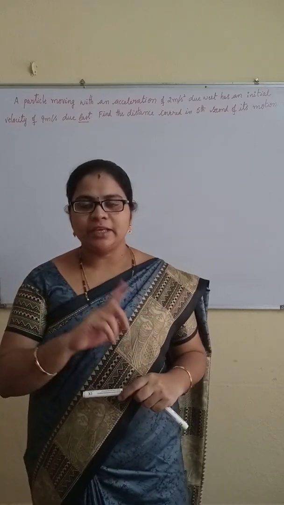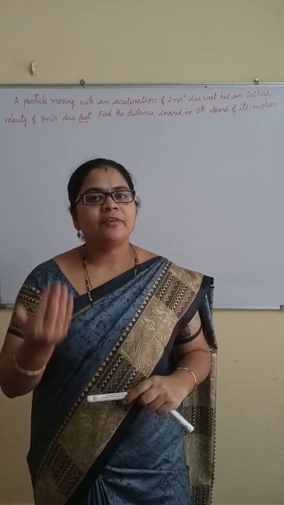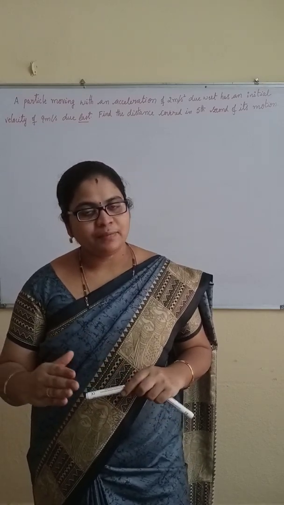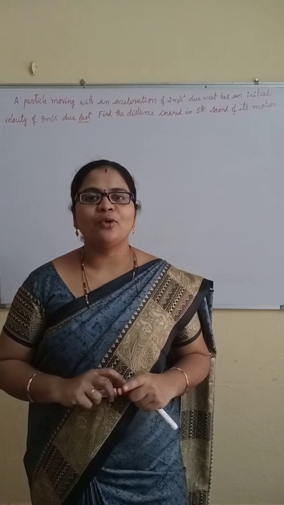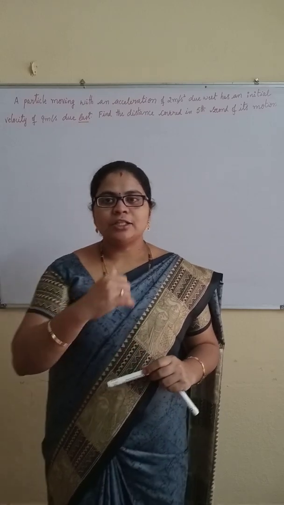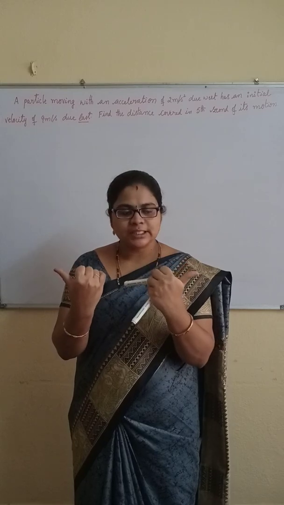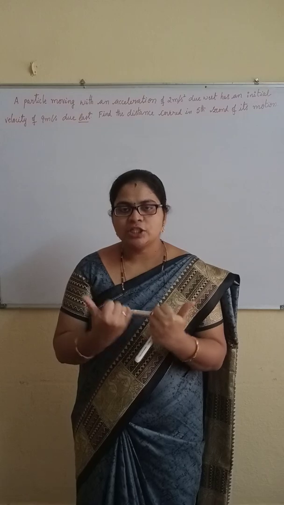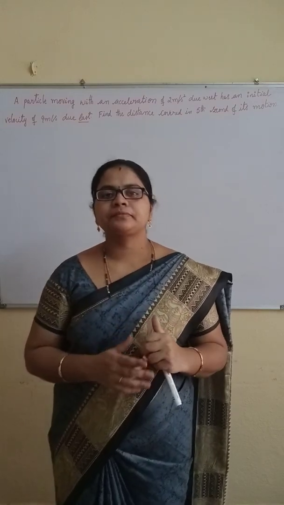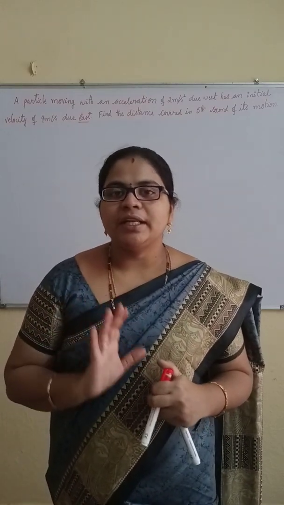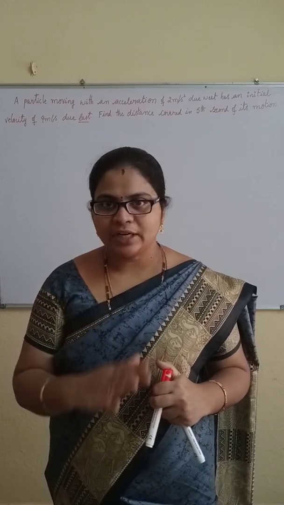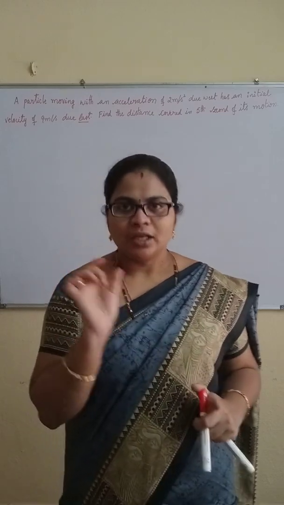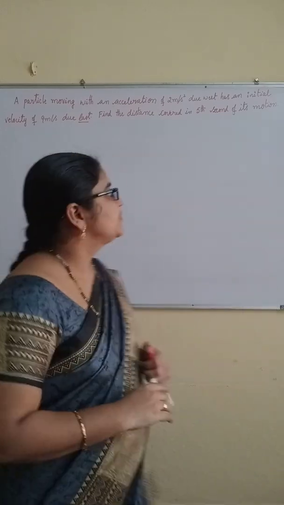If acceleration and velocity are opposite in direction, the velocity gradually decreases. So decreases means final velocity is 0. Understand? Acceleration towards west, velocity towards east. If velocity and acceleration are in opposite direction, velocity gradually decreases and comes to rest position. So final velocity is 0. For this statement you have to understand this.